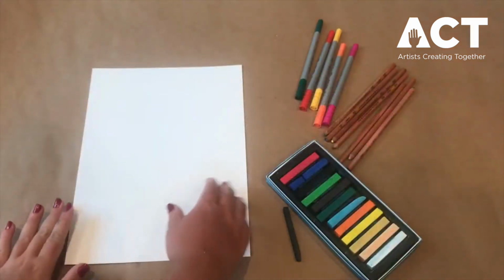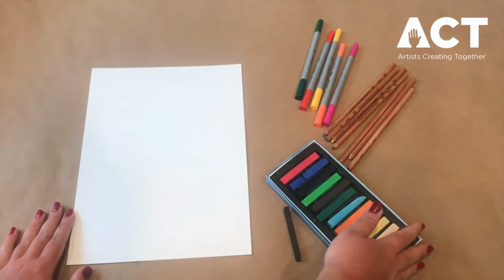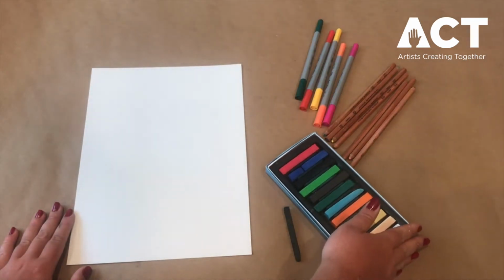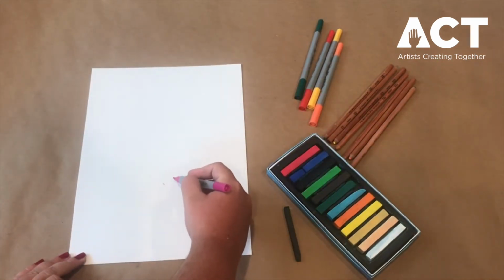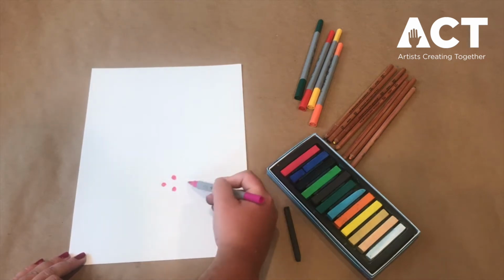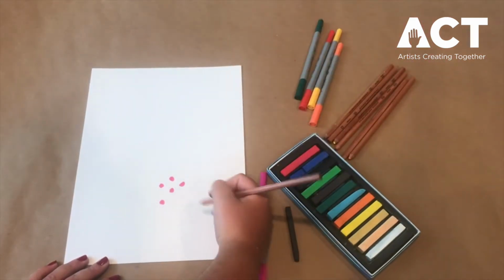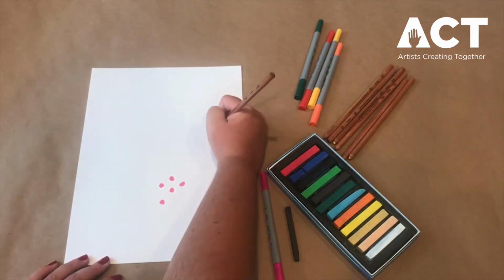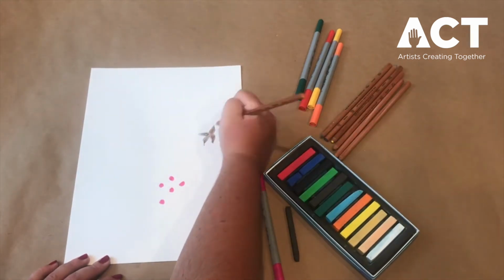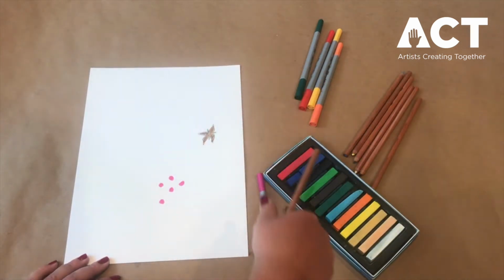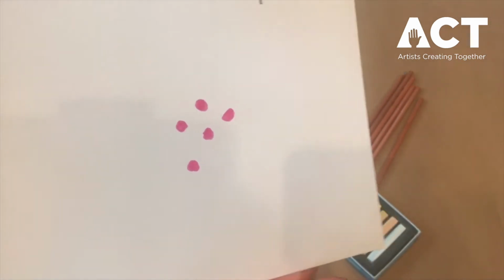Once you have your figure drawn, you can take a scrap piece of paper and you can experiment with all of your different materials that you've found in your house for how you want your background design to be. You could take a marker and you could do polka dots. Or you could take some colored pencils and you could draw really intricate flowers. We have a flower and we have our polka dots.